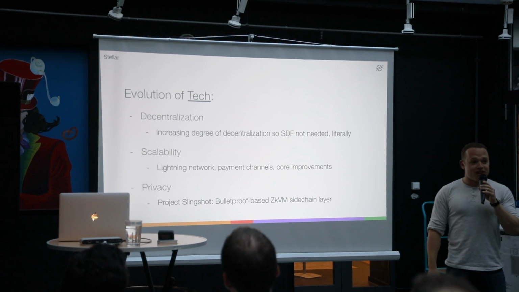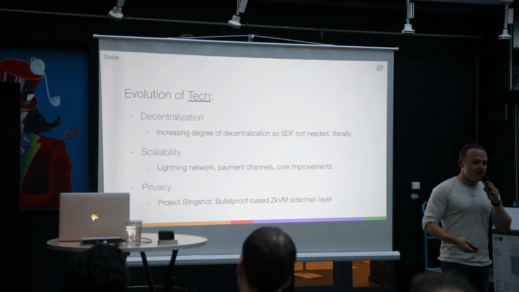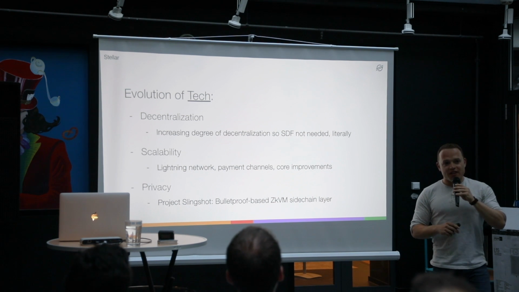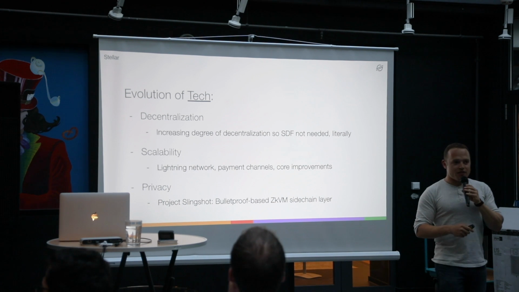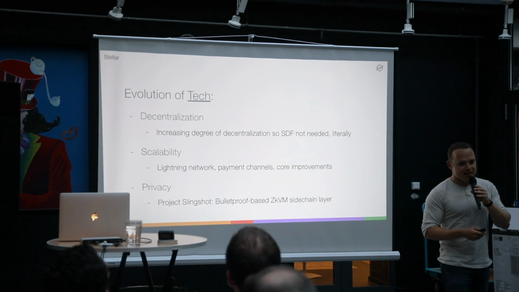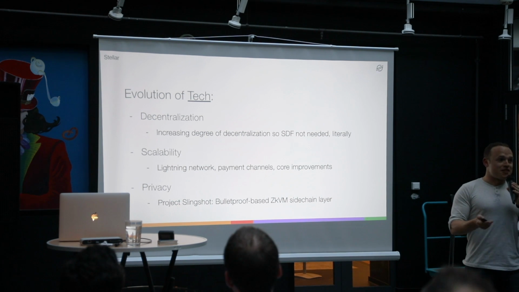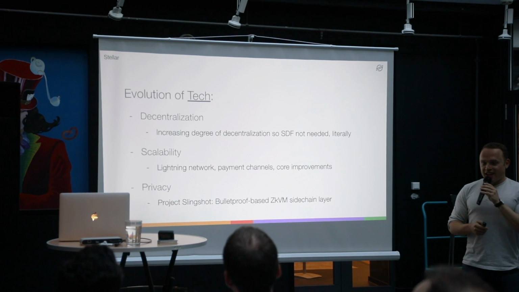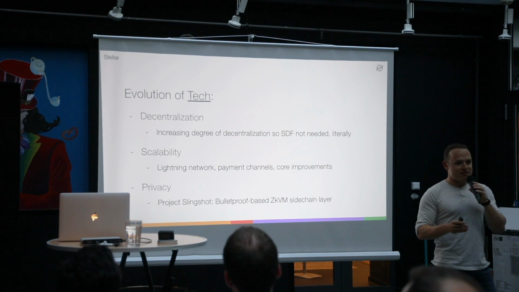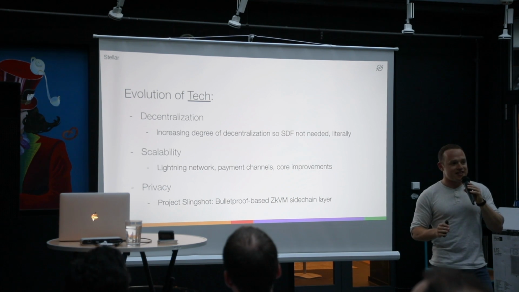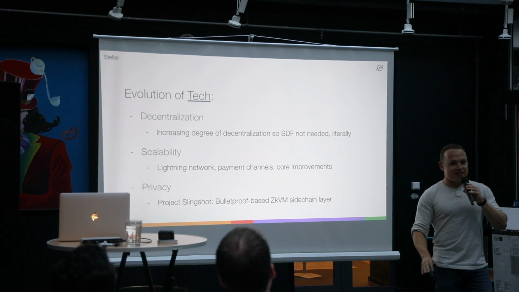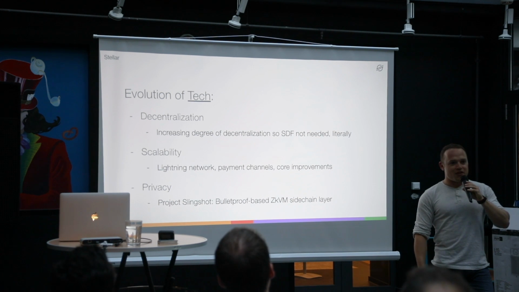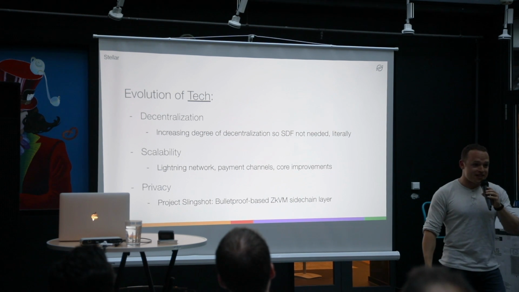And then I'm sure many of you are interested in the tech part. What's new here? We are spending a lot of time thinking about the degree of decentralization of the Stellar network. There's, I don't know how many nodes there are today, somewhere in the hundreds, I believe. SatoshiPay has some of them, and we appreciate that. But the goal is for SDF, which is Stellar Development Foundation, to not need to exist. The goal is that we should be able to take down our servers, our nodes, and everything continues smoothly. And so we are pretty much at that point now. And so I think soon you may see exactly that happening.